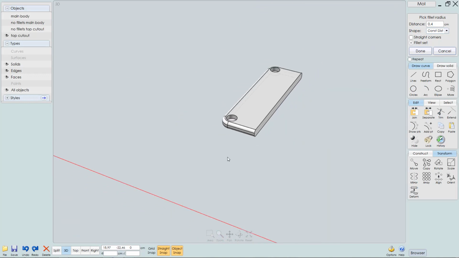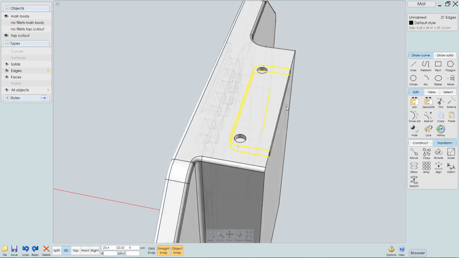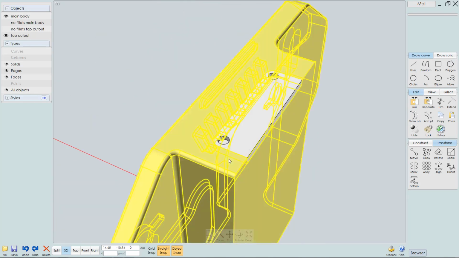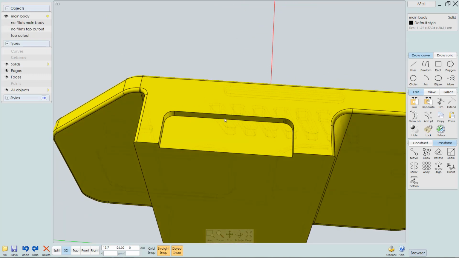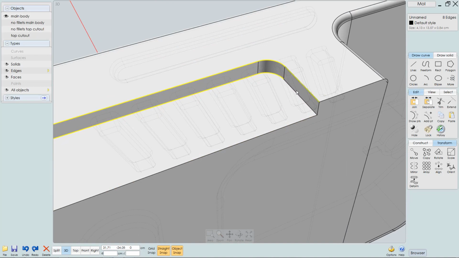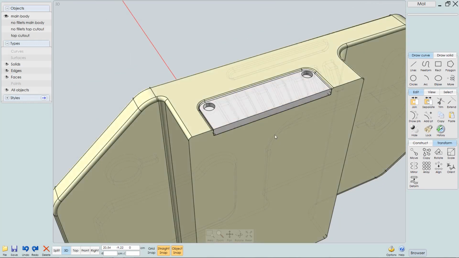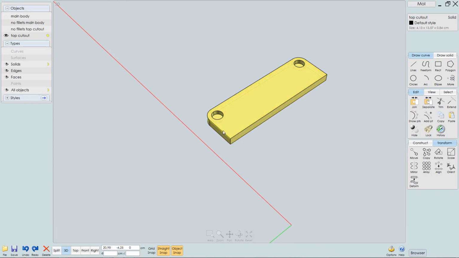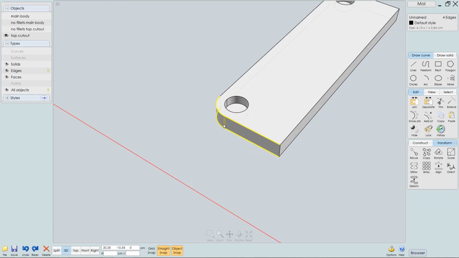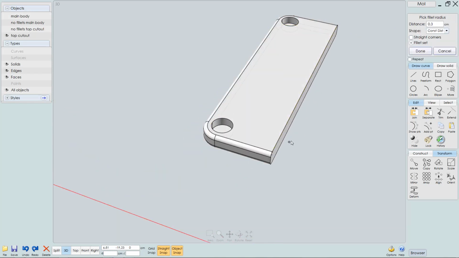Let's fillet those. Now 0.4 almost is a bit much. So I'll go back and I'll just bevel these edges again with a smaller radius. Let's try 0.3 instead. So I'll make a loop selection and then just deselect the edges that I don't want. Let's fillet those, confirm,